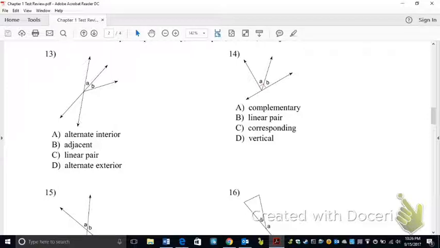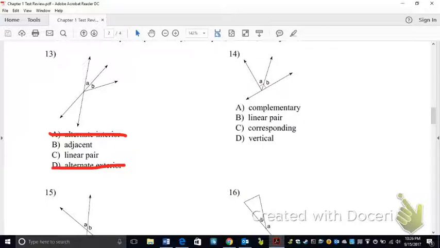So when we're looking at 13, we should be able to immediately get rid of 2 of the answers. Why? Because we haven't gone over them yet. None of you guys know what alternate interior or alternate exterior angles are. So don't sit there, and if you're not sure, go back, check your notes, read through angle pairs and how they work, what different angle pairs are, and what specifically